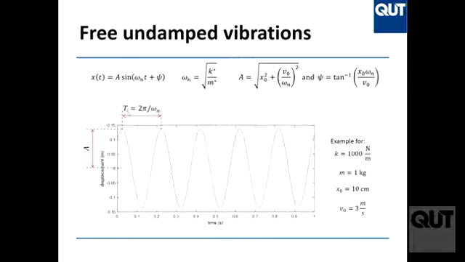So the period, which is in which unit? What is the unit of the period? Seconds. It's how many seconds it takes to come back to a certain position, or to complete one cycle, if you want, of the vibration. That is 2 pi divided by this number. So once you know the natural frequency of the vibration, the period is 2 pi over that frequency. Clear?